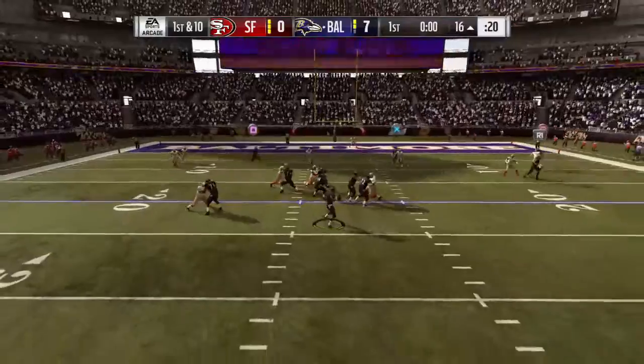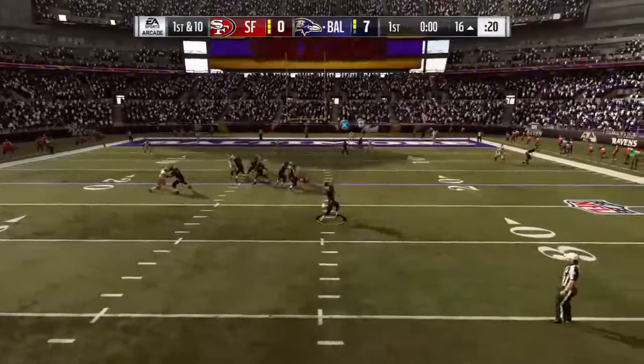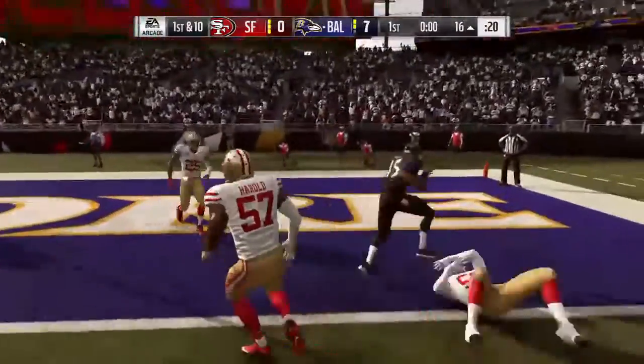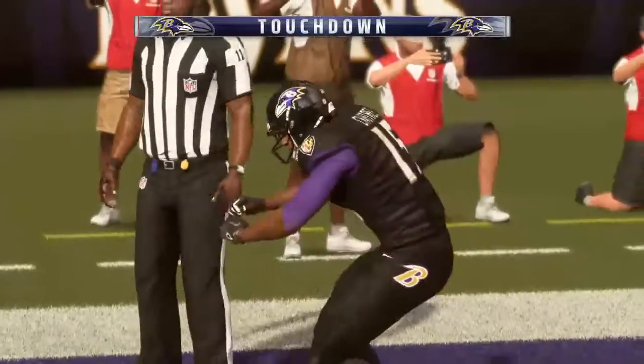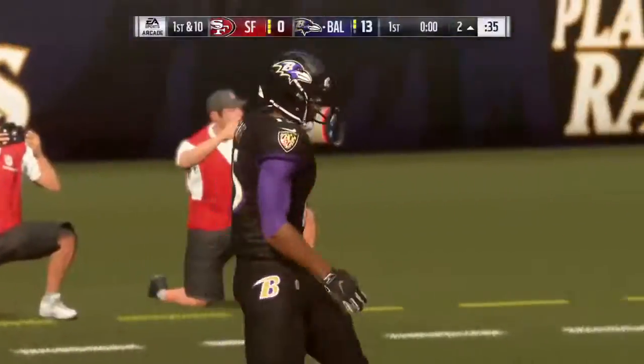Throwing on 1st down, it's Jackson. Eluding the pressure right. This is caught. And he is into the end zone for a Baltimore touchdown. Michael